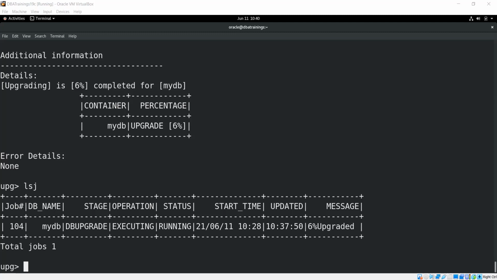So no need to enable the flashback database if you are using version 11.2 or those cases. But yes, internally it will create a restore point, like we are putting the guarantee flashback database, similar to that. It is creating it, and then once the upgrade is completed, they will change that one as well.